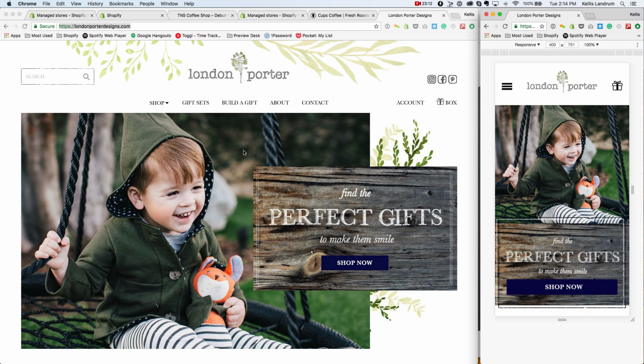One of the issues that we have run into when designing sites is when you make a homepage banner that's very wide, when you look at this banner on a mobile device, it shrinks down and it is still the same width, but it is not very tall, right? So what we did was we created something in our admin that allows you to upload a separately designed version of the homepage banner